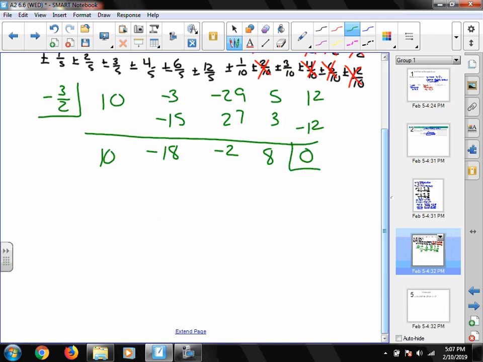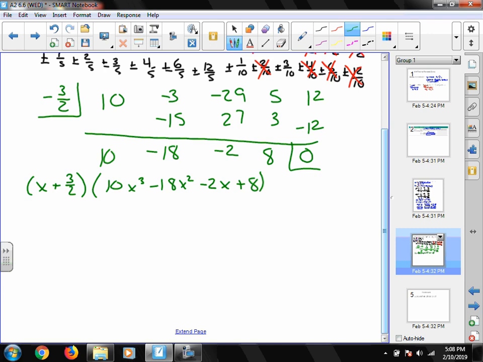So now what I have is x plus 3/2 times 10x cubed minus 18x squared minus 2x plus 8. I look at this, and there's no way possible that I am going to get these two to match by doing factoring by grouping. So now that I have all of these, you can go through and list out your